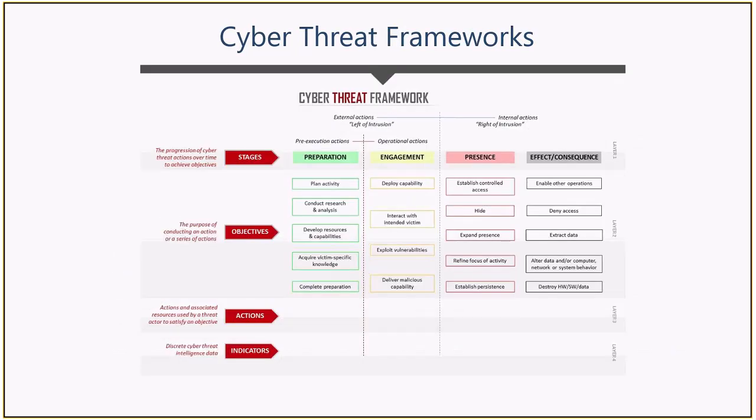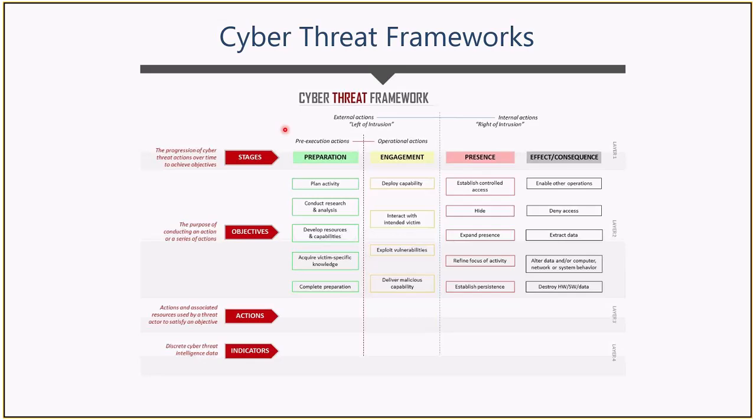When we get into things like cyber threat frameworks, these are really used to consistently categorize and characterize cyber threat events using a common framework to represent the full spectrum of cyber threat intelligence, simplified to 4 layers. Layer 1 here is the stages of the cyber attack lifecycle, or the cyber kill chain. This particular one is the ODNI Cyber Threat Framework, and they've simplified the stages of the cyber attack lifecycle, or the cyber kill chain, down to